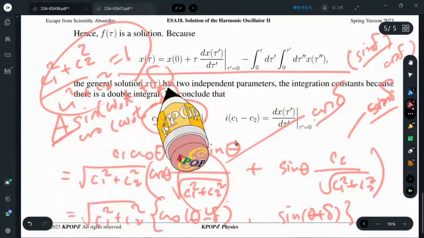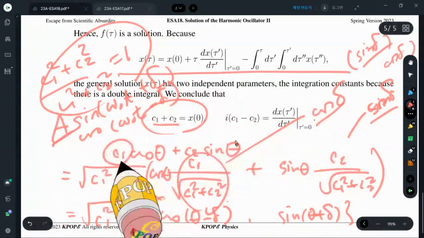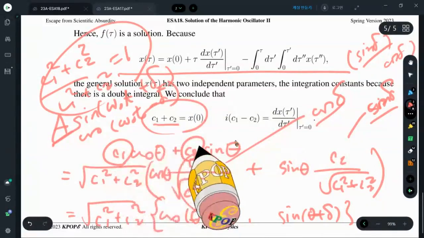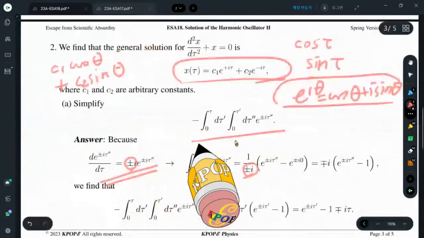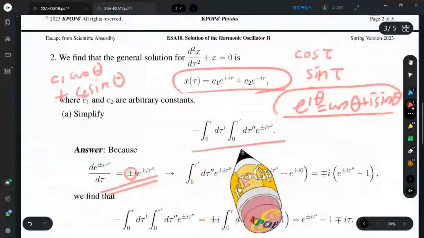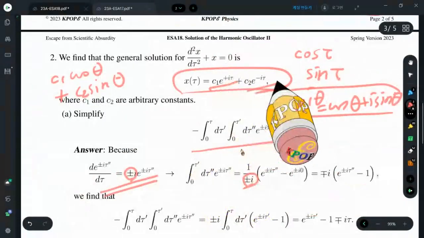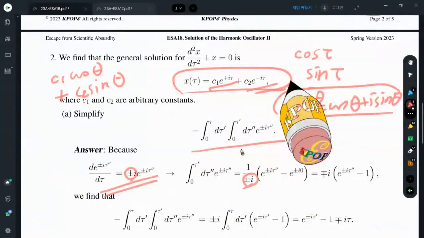These are two parameters, or C1, C2, these two parameters, or e to the i theta, e to the minus i theta, this style, this parameterization. Either way,